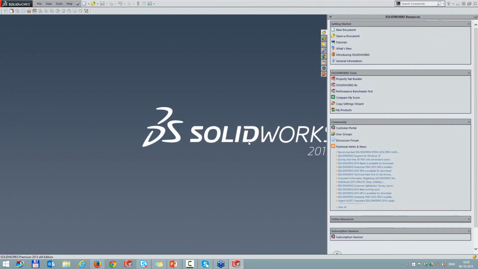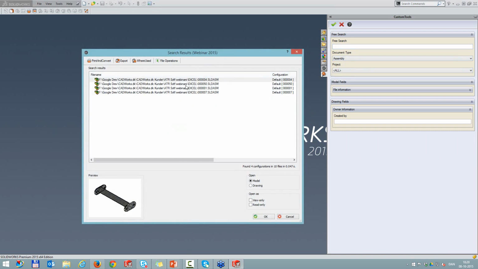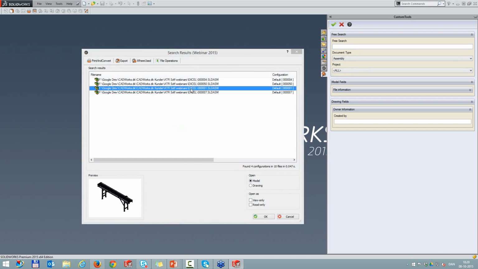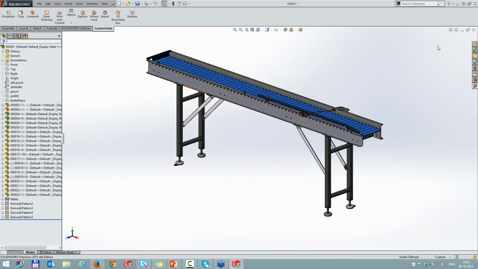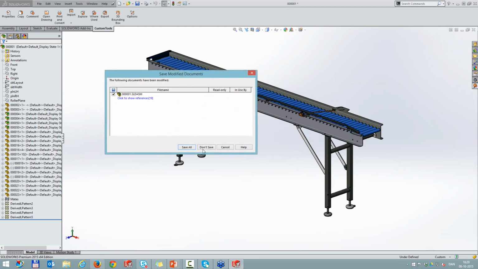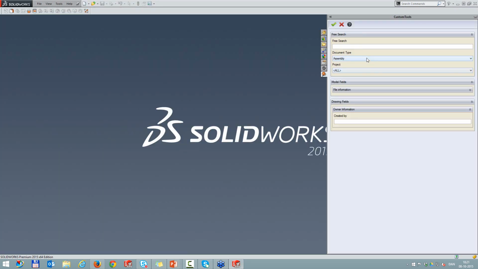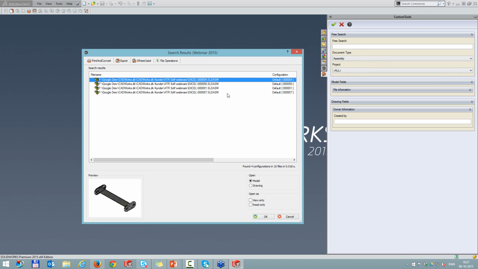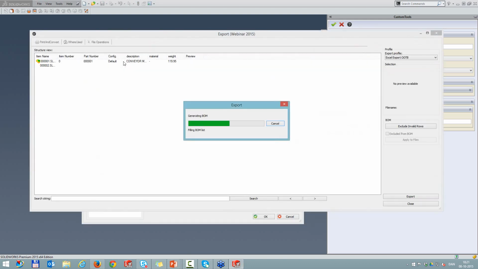But back in SolidWorks, if I open that one up, let me just do this. And this is actually true in SolidWorks as well. I'll go ahead and close that one to show you, because I don't even need to load an assembly in here. So I can do the same. I can select the assembly and then just run the export now.